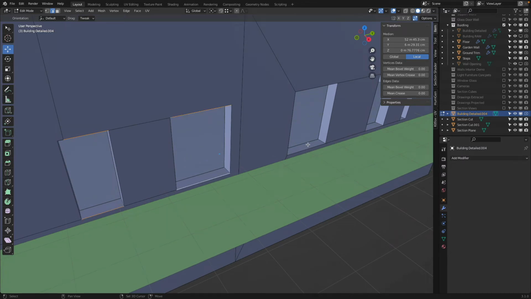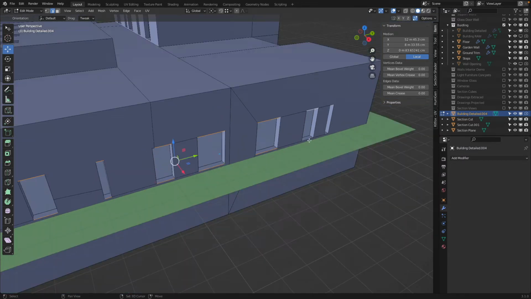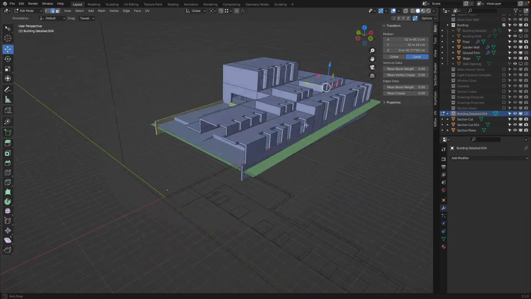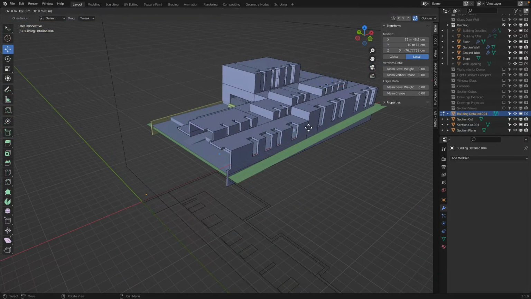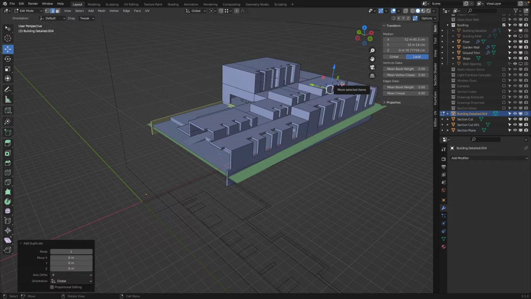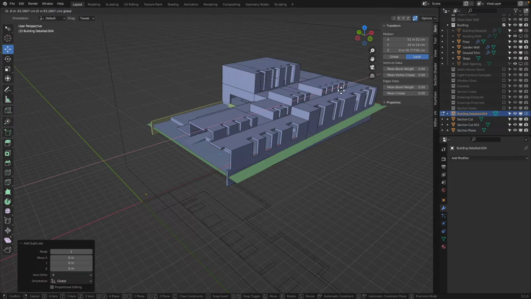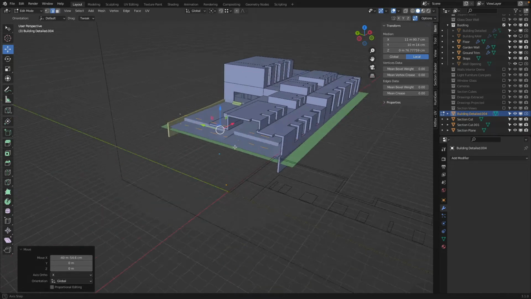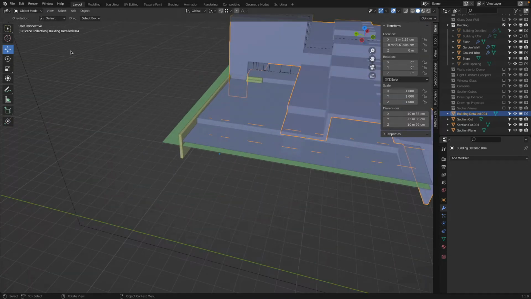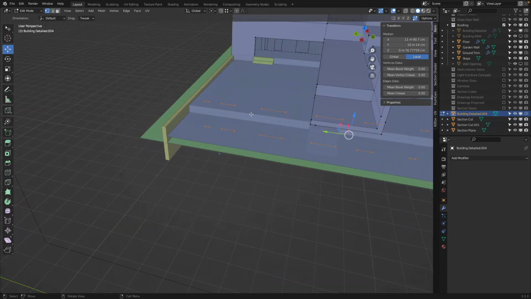I'm selecting the outer edges. You can also select the inner edges. It doesn't really matter much. So there I will say Shift T and escape. I always press escape so I don't move, because after Shift T you move, and then I move everything over. Hold Control for the snapping. There, and then